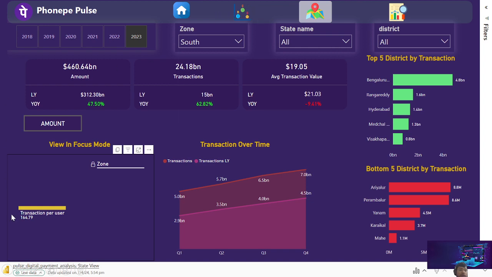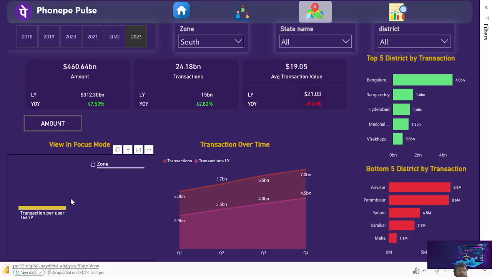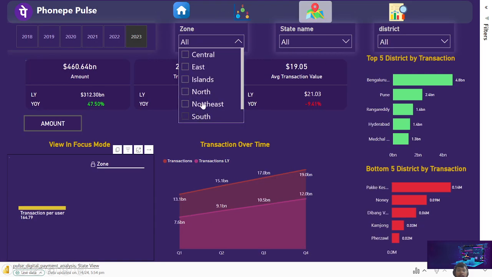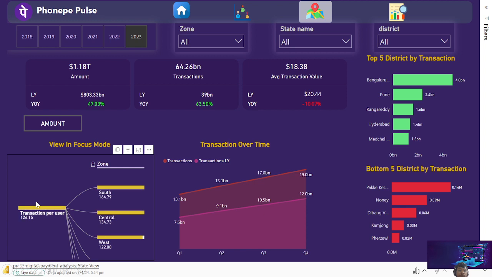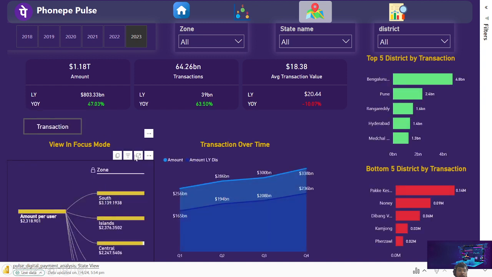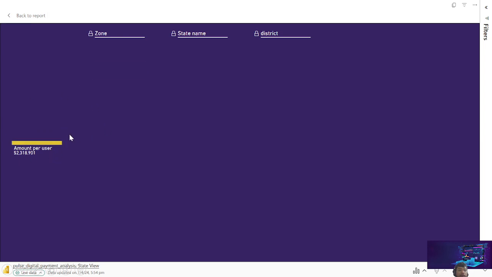Now, let's look at another research question. Find the top zone with highest total amount per user. So to answer this question, we will look at this dashboard. First of all, we will deselect this filter. So the amount per user, so the total amount per user is